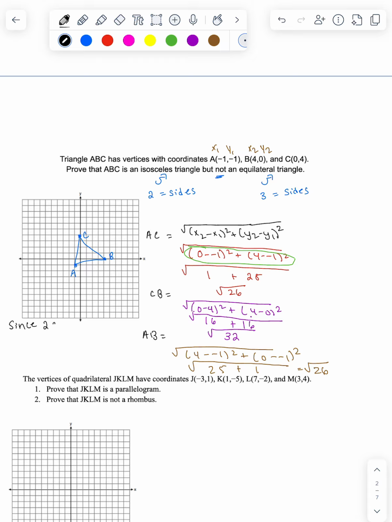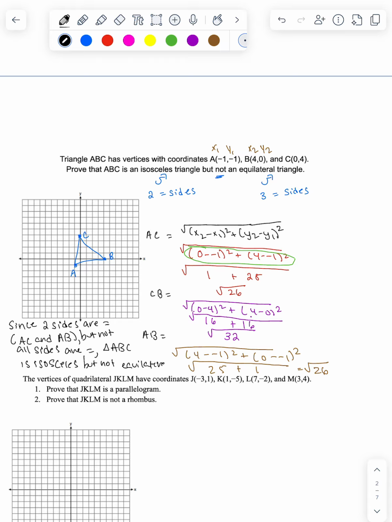Since two sides are equal, and I'll put in parentheses AC and AB, but not all sides are equal, triangle ABC is isosceles but not